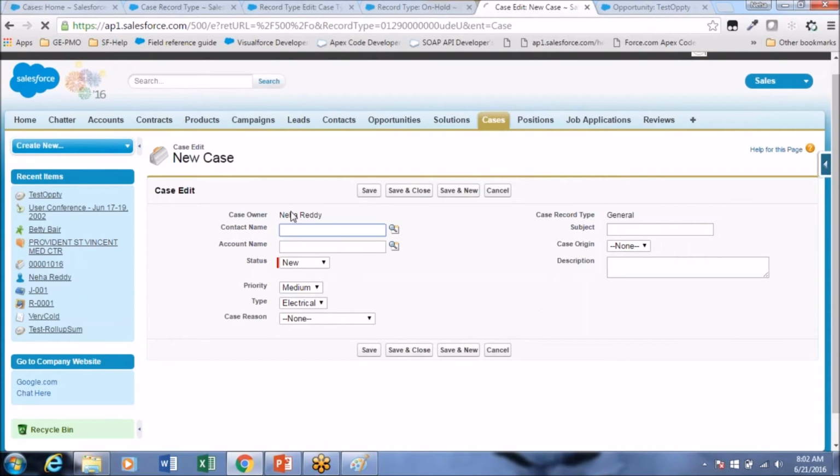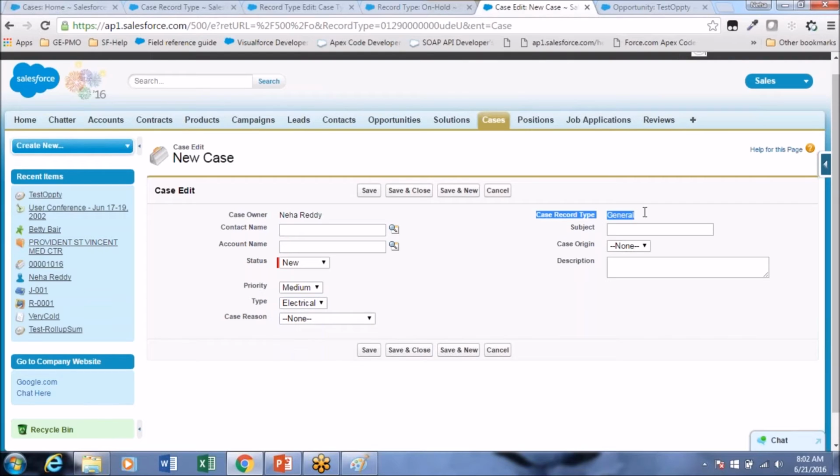See the page layout. You'll be able to see only limited fields. Okay, and see the type pick list. The default value which we selected is electrical, and see other, software, network. See, the pick list has many values in it, right? Type has many values, but it's showing only a few values because we controlled the values at its record type.